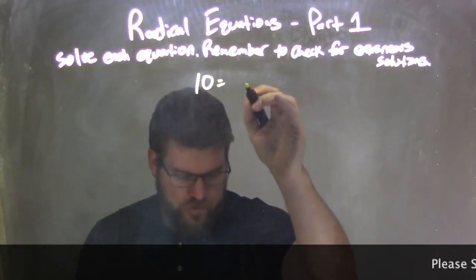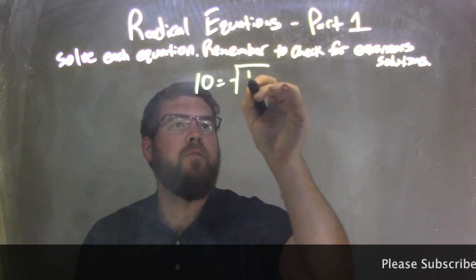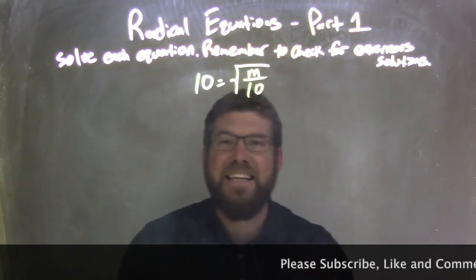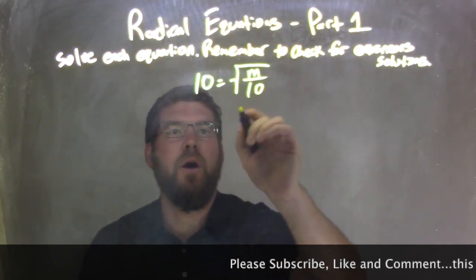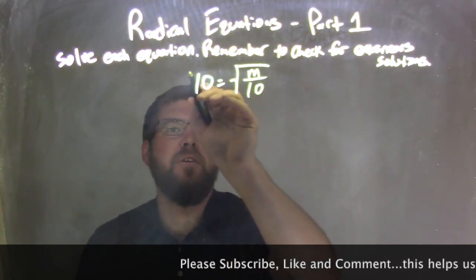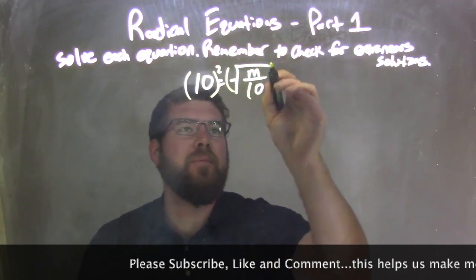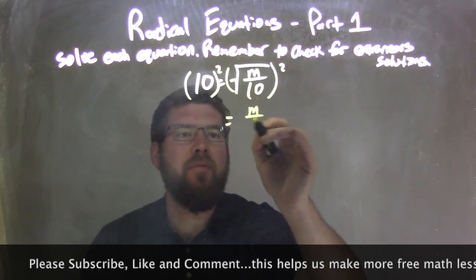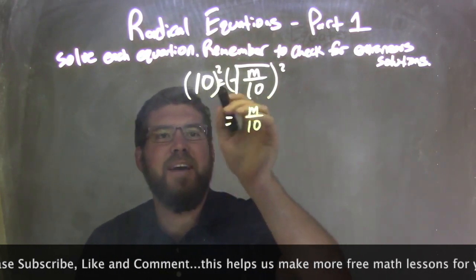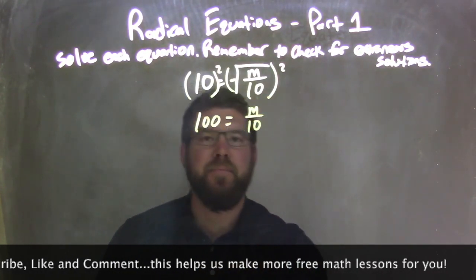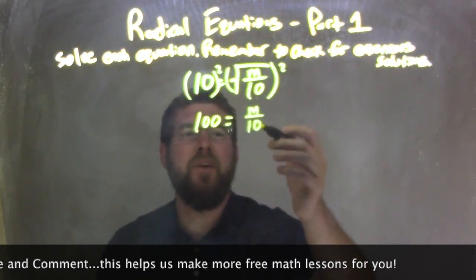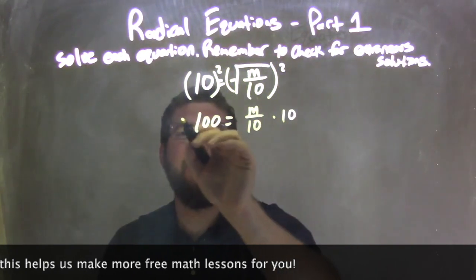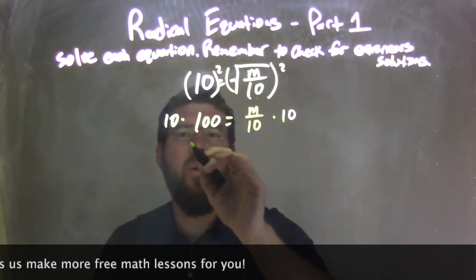10 equals the square root of m over 10. Well, first thing I need to get rid of is the square root. I'm going to square both sides. By squaring both sides, it eliminates the square root on the right, leaving m over 10. On the left, I have 10 squared, which is 100. I then see m divided by 10, and the opposite of division is multiplication. I multiply both sides by 10, leaving me with 1,000